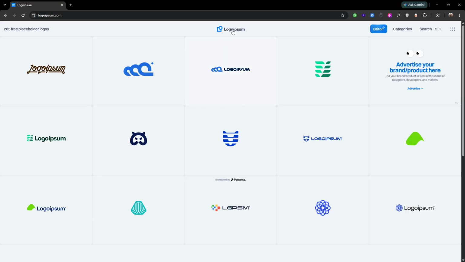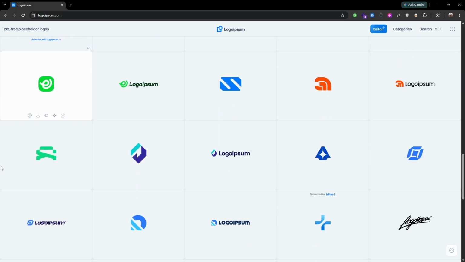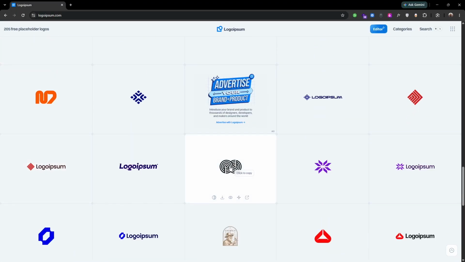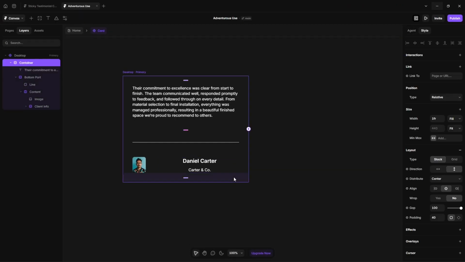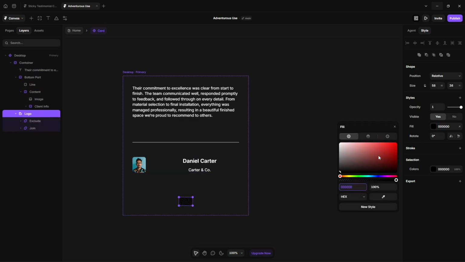You can use this website, Logo Ipsum, for dummy logo, and select any logo you'd like. Let's use this logo. Click to copy and go back to our project, paste it here, change the name to logo, fill white, and then drop it here,